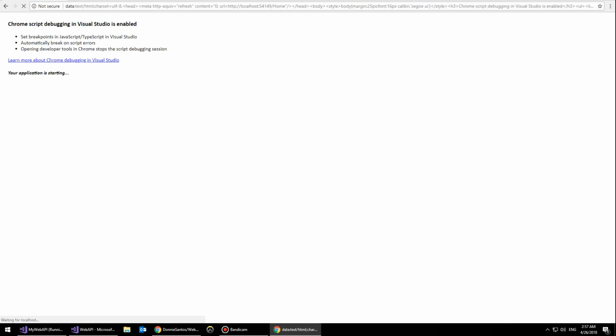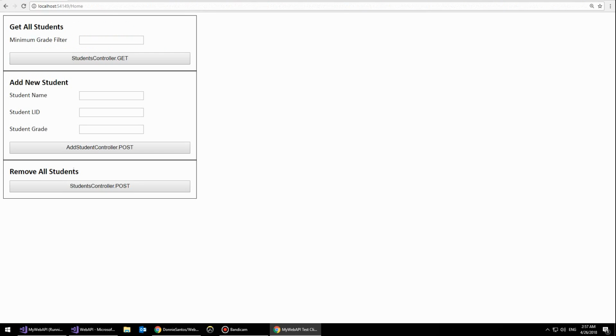So the interesting thing is when you do this, by adding an MVC test page, you can give yourself a nice little interface to test whether or not your API is working, instead of having to work with a really text-based Arc REST client. So I could do something like, student name Donnie, lid, my grade, then I'll post that, and it shows the string that it sent to the server,